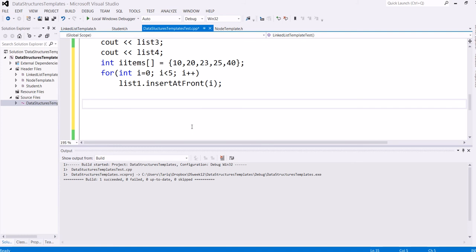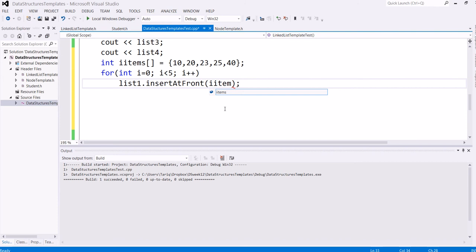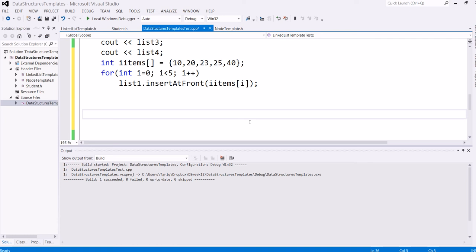So similarly we can have elements, items, like this one. So this way we can insert elements. So similarly I will copy it